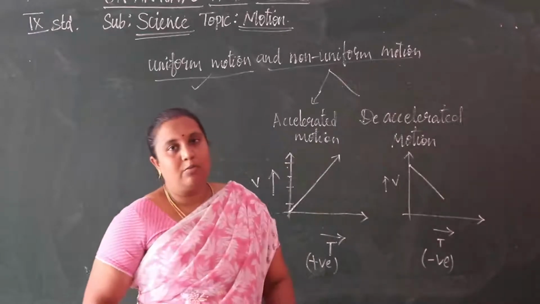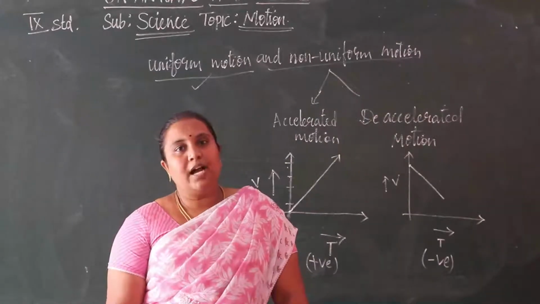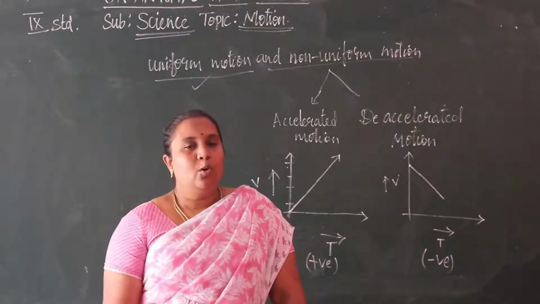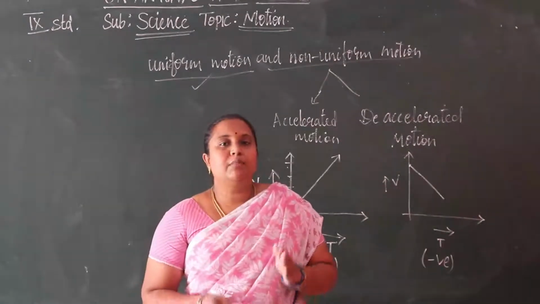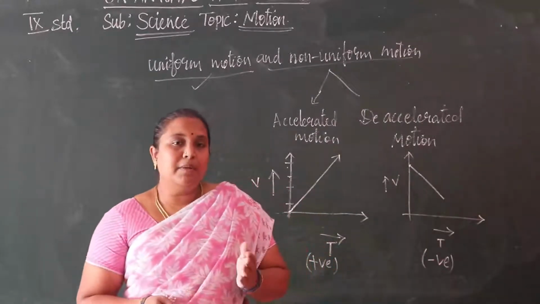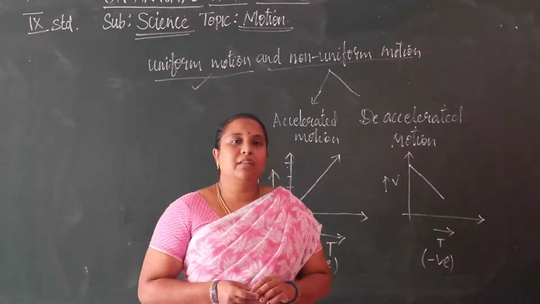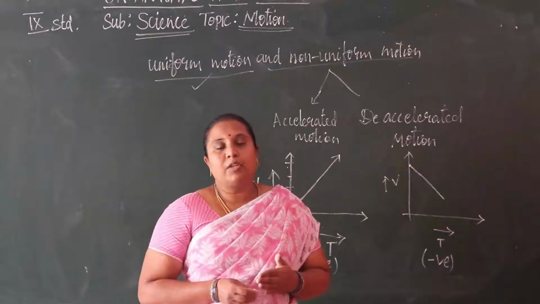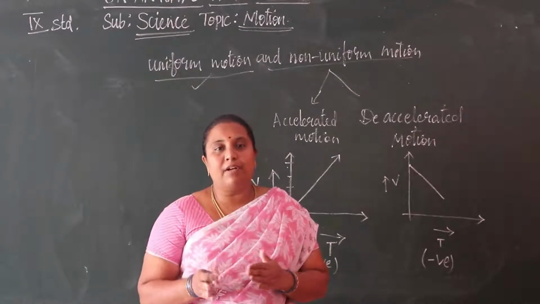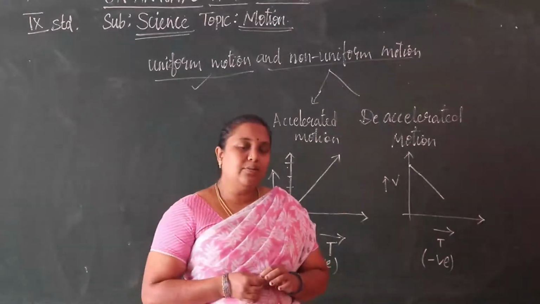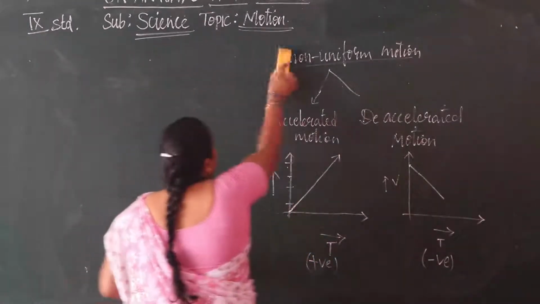You all know how to measure speed. There is a speedometer, no? With that we can measure the speed of the vehicle, the speed of the motion of the body. So what is speed? It is the measurement of the distance traveled by a body per unit time. That we can say is the speed of the vehicle. So how to measure the speed?